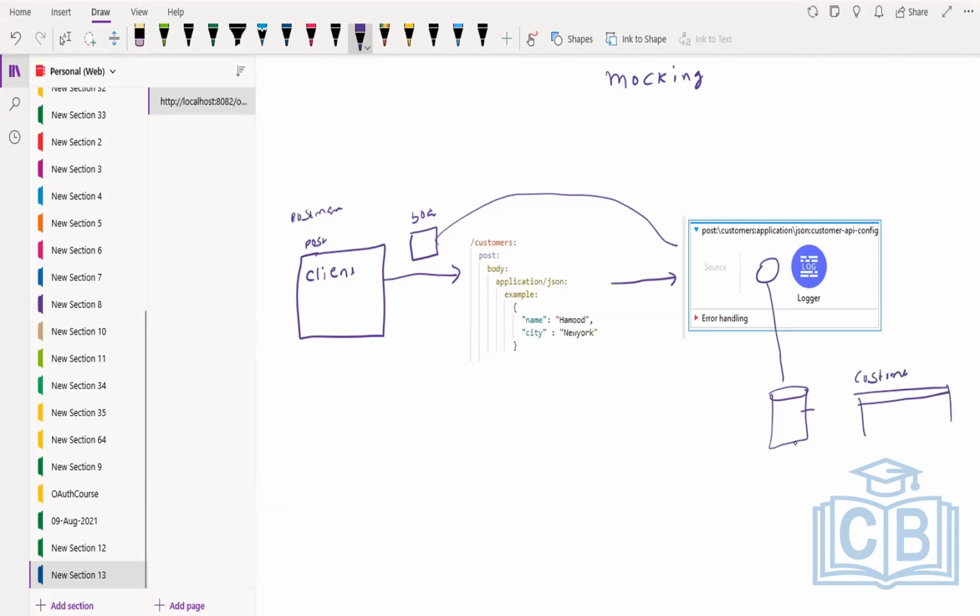Customer, it will take this customer JSON and add a record over here. A new record in the database. That's a POST method, right? All right, one second, I should understand. Yeah. So the client